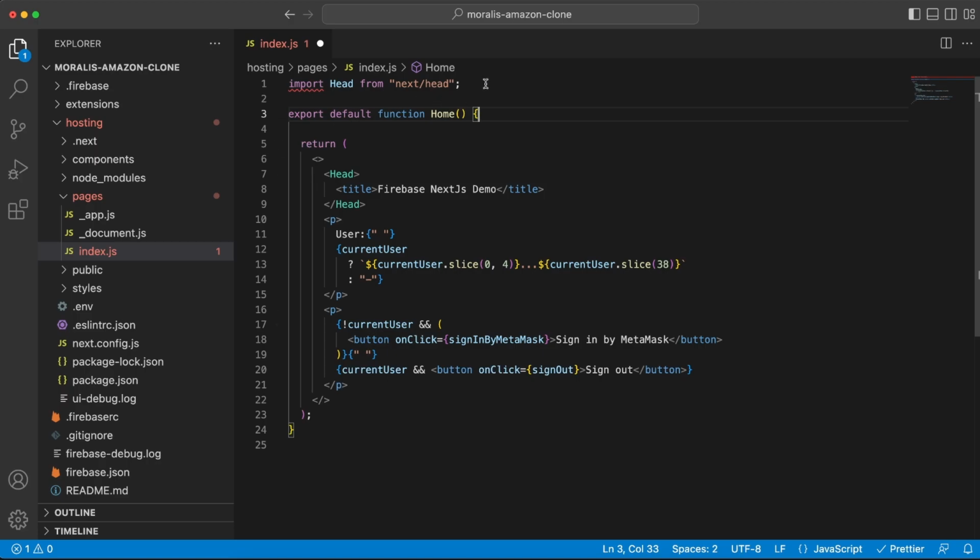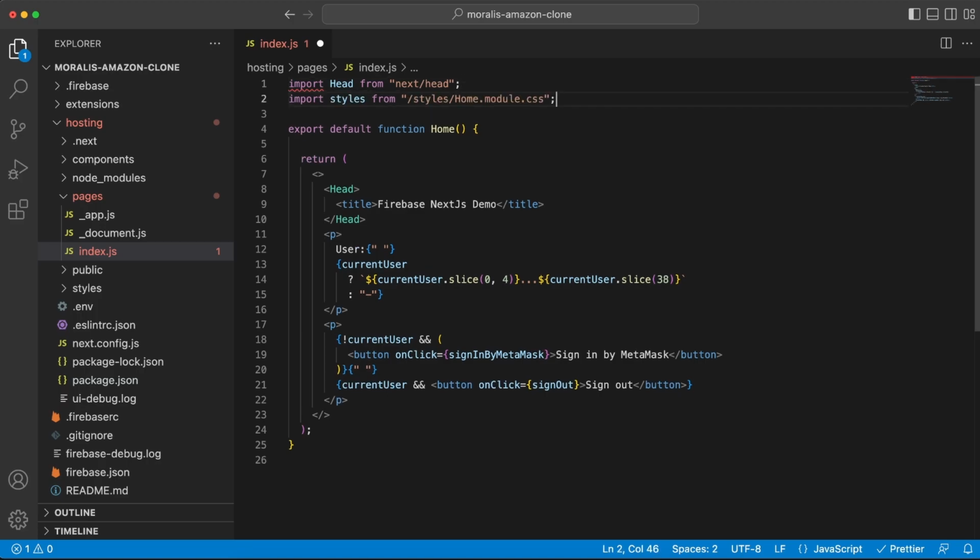So what we want to do now is to add some styling. So we can import the home.module.css file, and we're not gonna focus too much on the styling and on the CSS, but I have a file, I've created the classes, we're gonna use the classes inside our application. I want this tutorial to be focusing on the Web3 part mostly, and not on the styling, but you will have that file to take a look at it if you want so through the link to this repo in